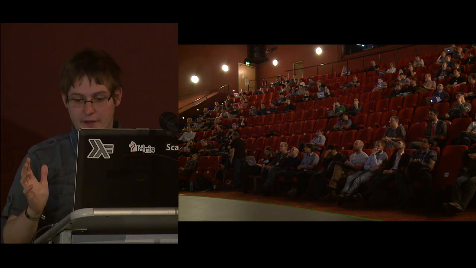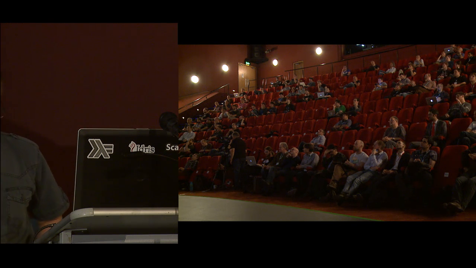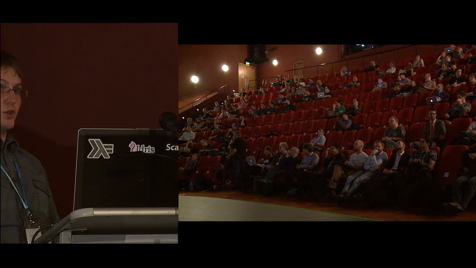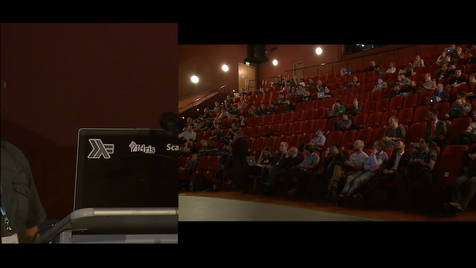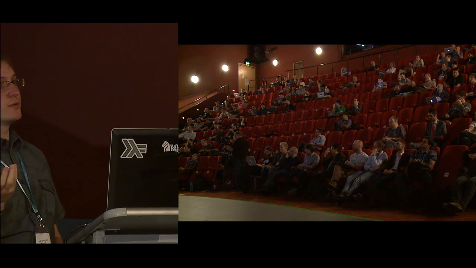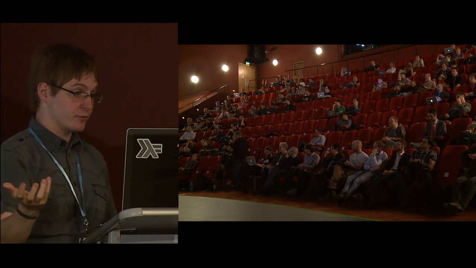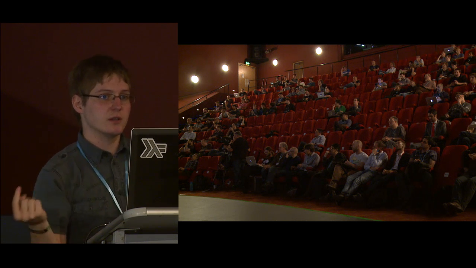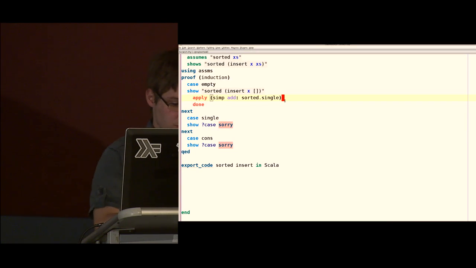Okay, so now I have covered the direction where you write your code in another language and then extract executable code in Scala from there. But what if you already have Scala code? And what if you want to verify that Scala code after you've written it? Fortunately, there's also a tool for that where you can go in the opposite direction. And this tool is called Leon.